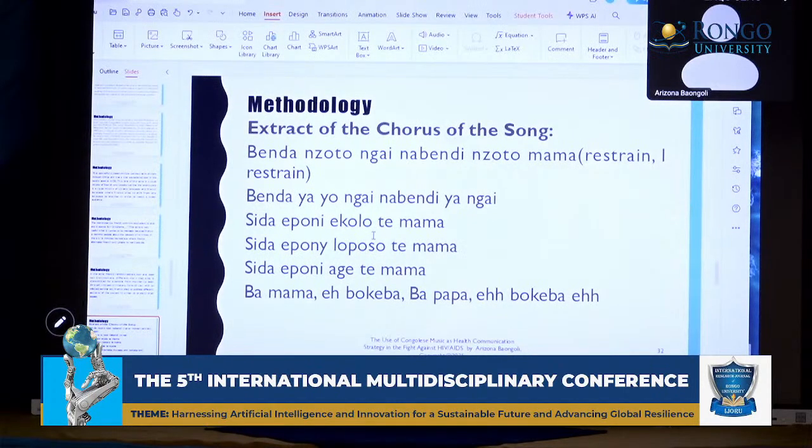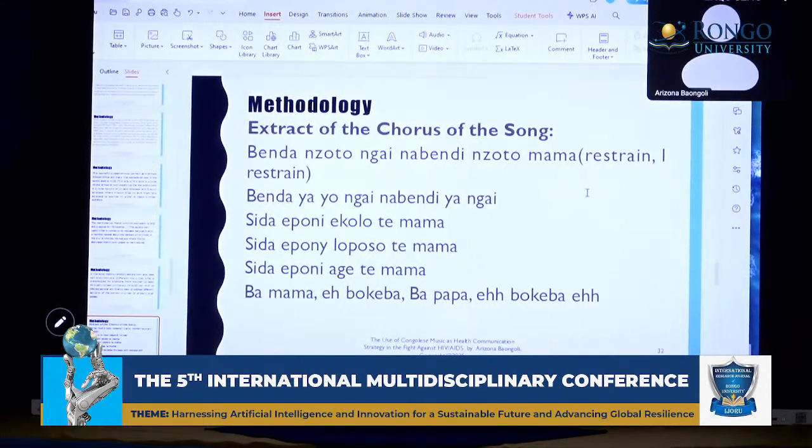And the extract of the song that I've put here, in the chorus, Franco is telling people to restrain from risky behavior. Yeah, each one should restrain because AIDS does not discriminate, irrespective of your country, your community, your tribe, your age, it does not discriminate. And he outlined all those different themes within that song, how people should take care of themselves, how the scientists should work hard to look for a cure for HIV. It's a long, long song, which is 16 minutes long, but we don't have time to go through all the details, but that's a summary of the song.